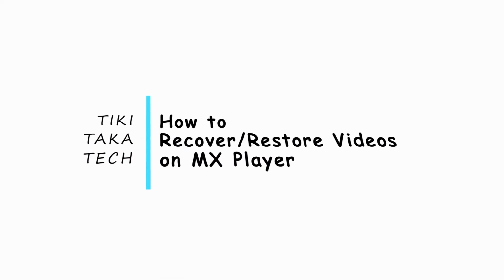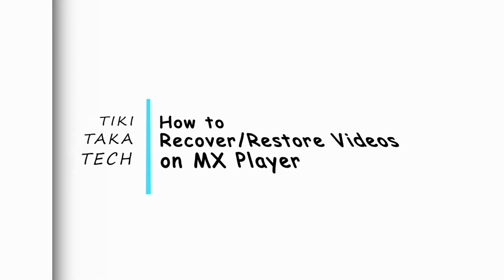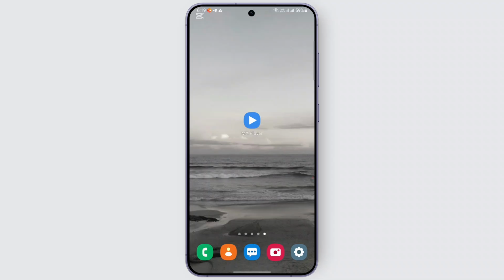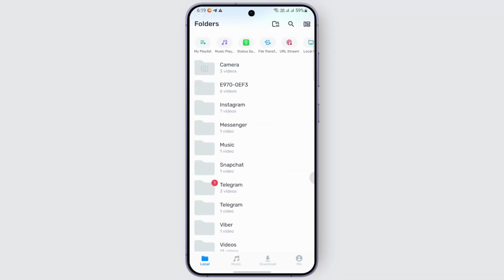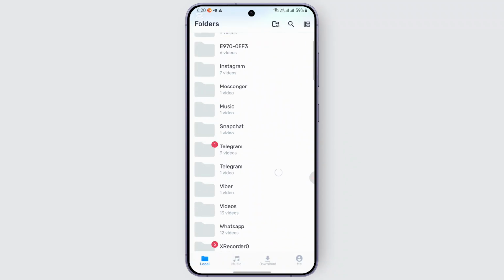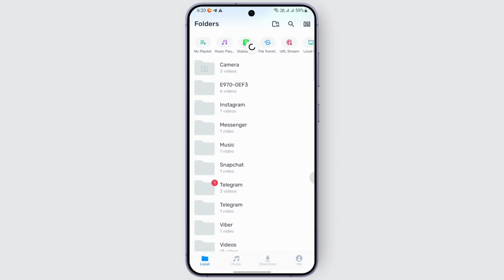How to recover or restore videos on MX Player. In order to do so, you may follow this method. So open up MX Player, and once you open it up, you should be finding all of the videos and everything. So if you're trying to recover or restore, what you can do is from the given interface, if you